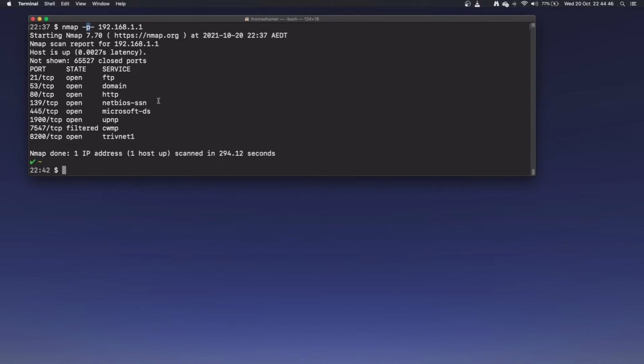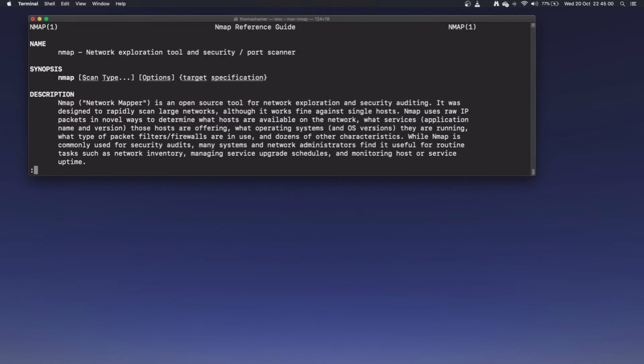I've done this already before I started the video because it does take quite some amount of time to get that done. So it's a few minutes to do a scan on a particular host, a detailed scan like that. But once again, we can go back to the man page and look at what some of the other things